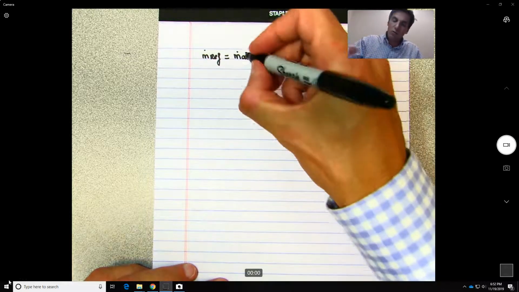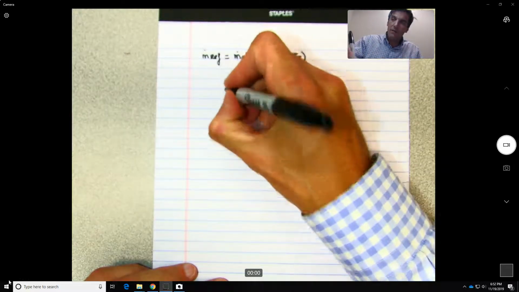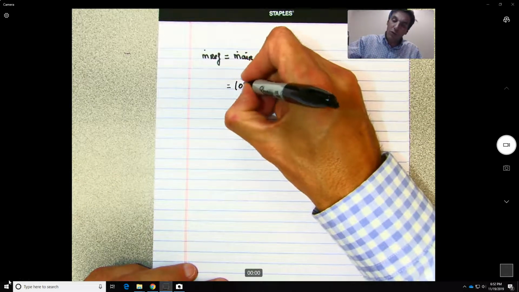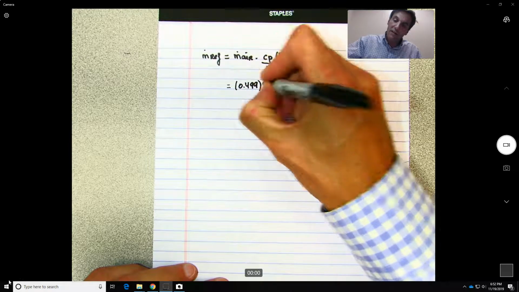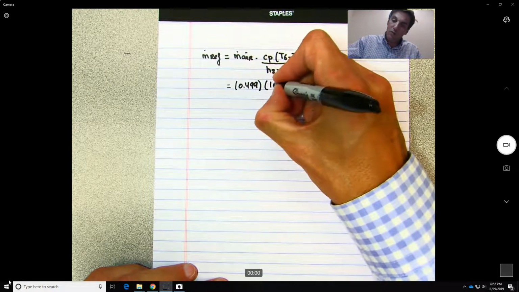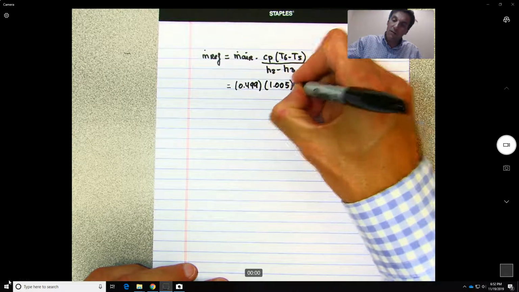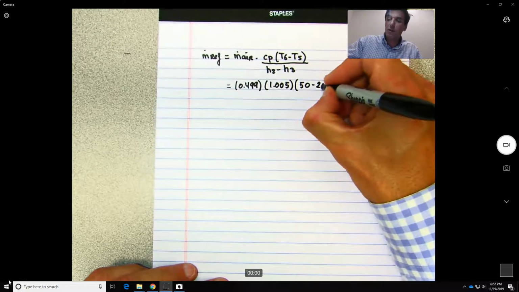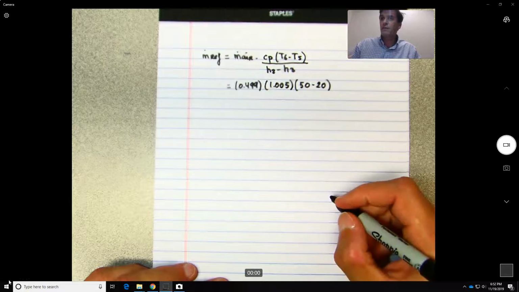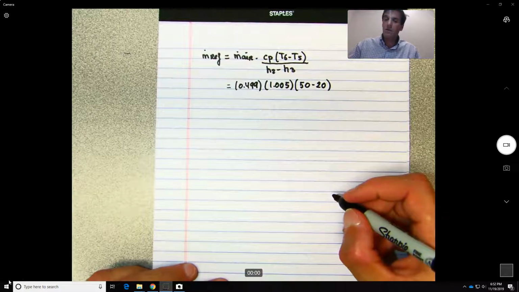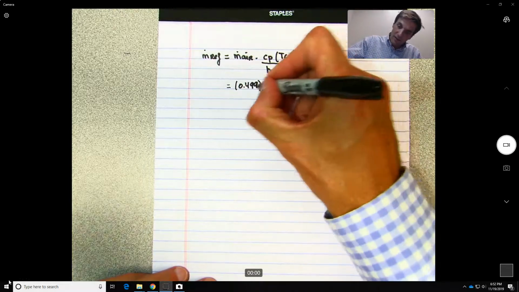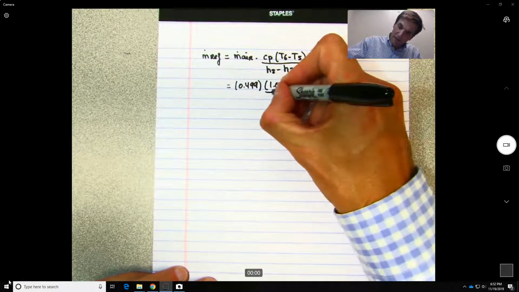So this is equal to what? Mass flow of air we found to be equal to 0.499, times 1.005, times T6 is 50 minus 25. Let's double check these values. Yeah. Divided by